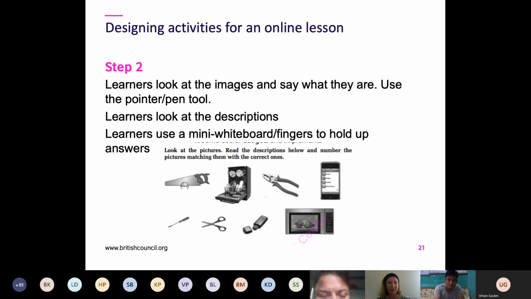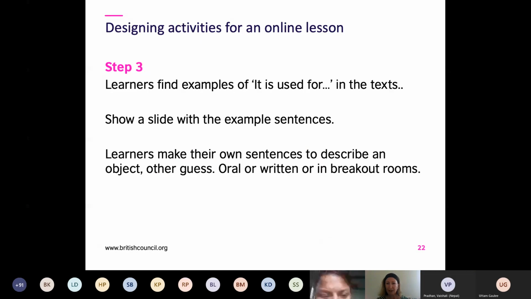Then we move on to the next part of the lesson, step 3, where we ask learners to, in their books, find some of the examples of "it is used for" in the text. We can put these on the screen and learners can then make their own. So the first step is for noticing the grammar and noticing the sentence structure. And we can use the chat or, again, a shared whiteboard to be able to do that. Then we also want our students to be able to make their own sentences. So this is quite a big step, and you might not even have enough time to do all of this in the same lesson for students to be making their own